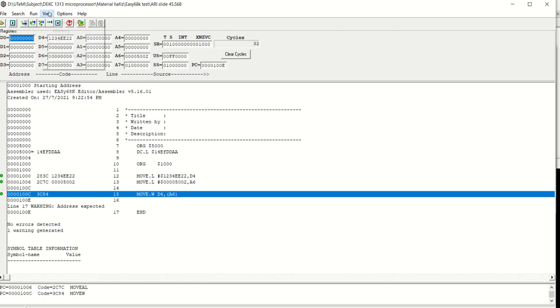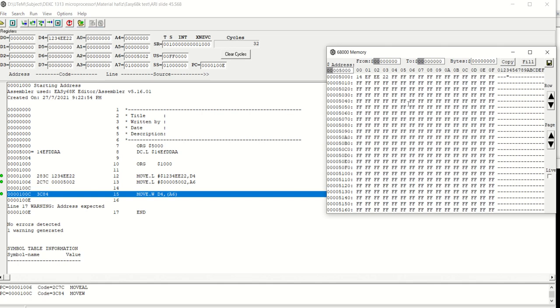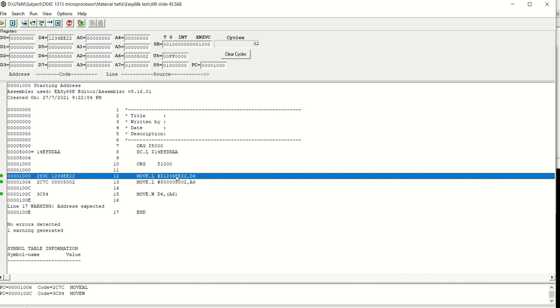You need to see it from the memory. Here you can see the previous value DDAA has changed into EE22, because the word size of data register 4 is EE22.